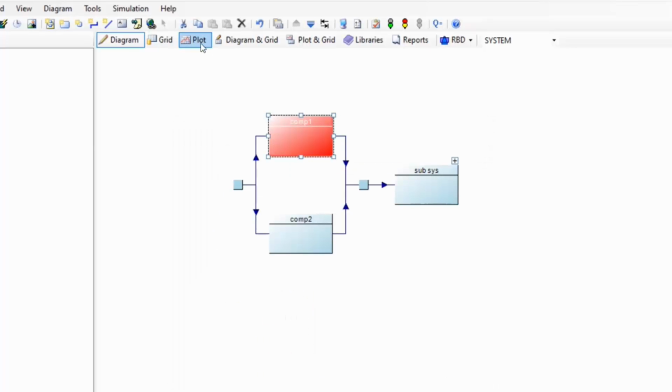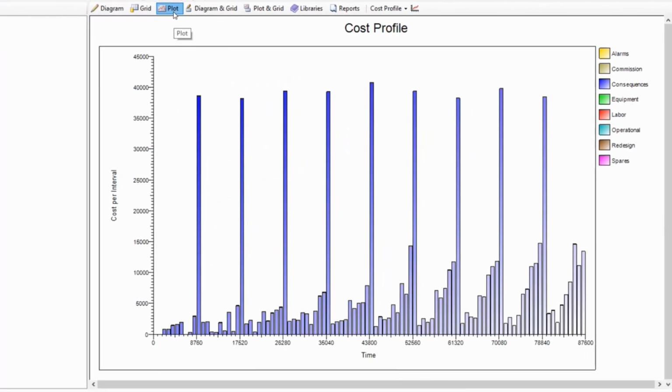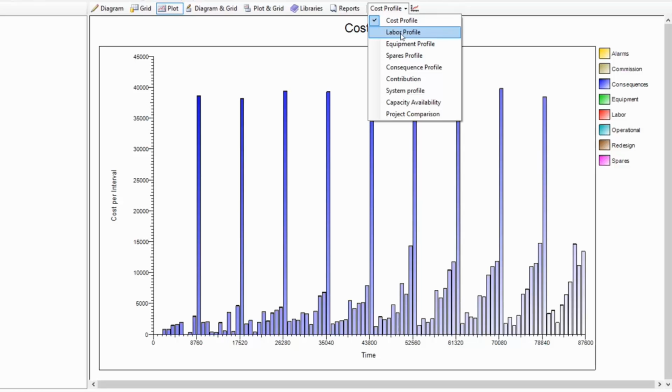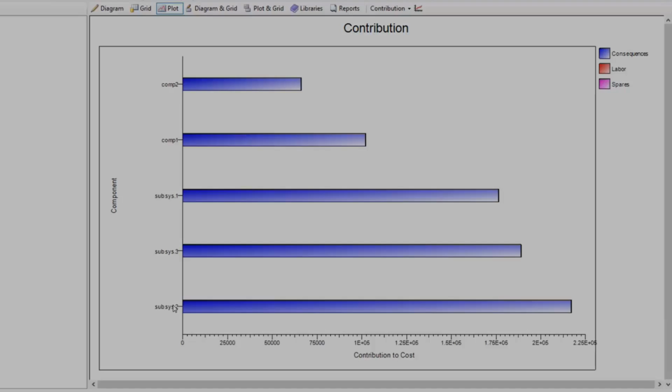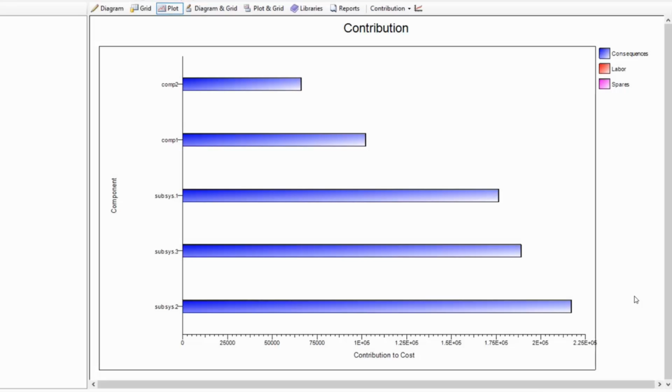I'm going to switch to the plot view now. And you can see the program can create profile plots showing how costs and other parameters are broken down across the lifetime. But I'm most interested here in the contribution plot, which can show me, for example, how much each different component contributes to cost. And I can see this subsystem 2 block seems to be the biggest contributor. So to end the video,